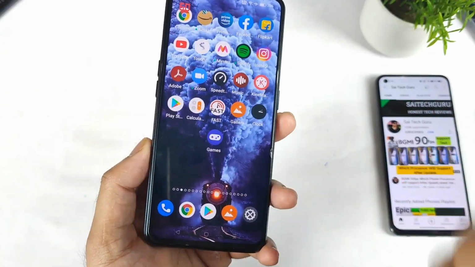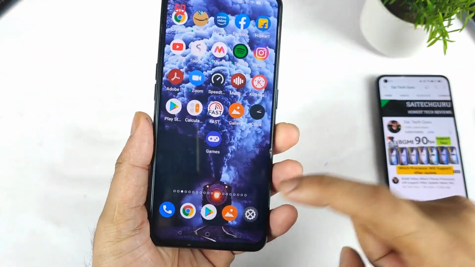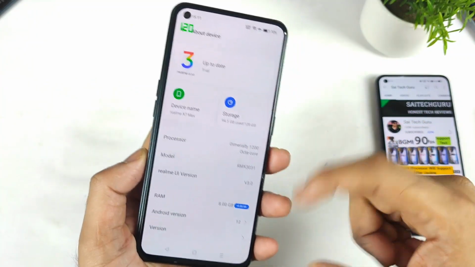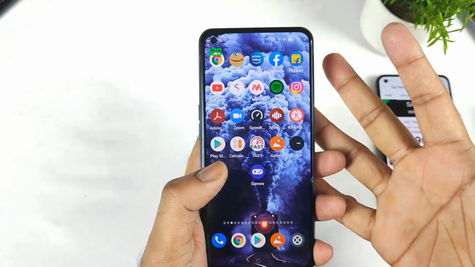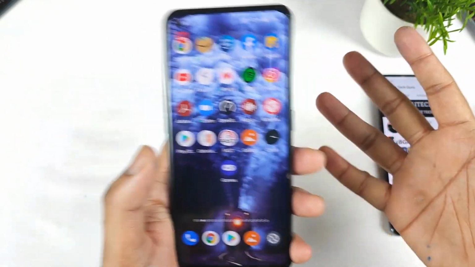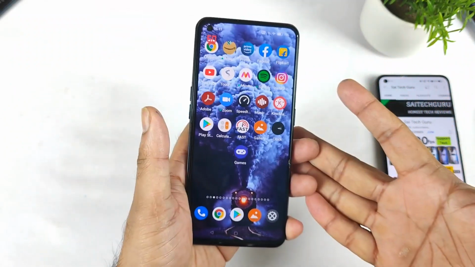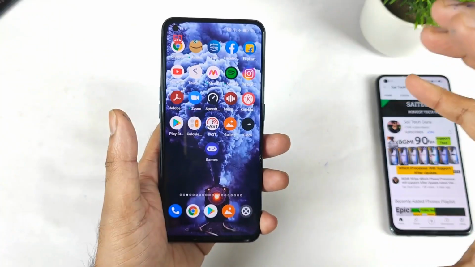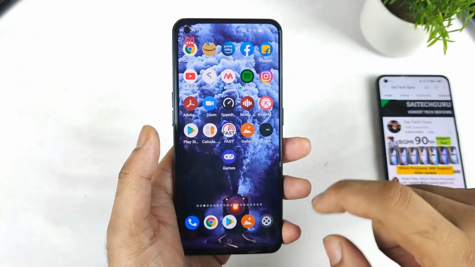In this video I'm going to talk about the new type of Game Space design and features in the Realme X1 Max device after the Realme UI 3.0 update. After this update I'm getting plenty of comments asking me to make a video on Game Space, whether it is supported with the real-time FPS meter or not, whether 4D vibrations is working or not, and whether the voice changer is available or not. All these things I'll try to discuss in this entire video, which might be really very useful for a lot of other users. So first let's get started with the APK.